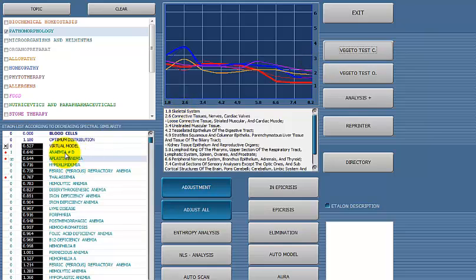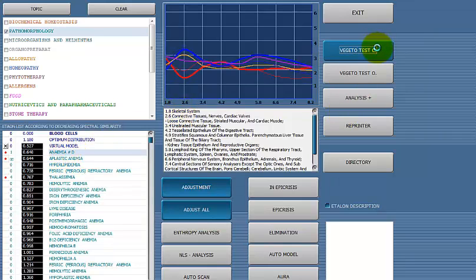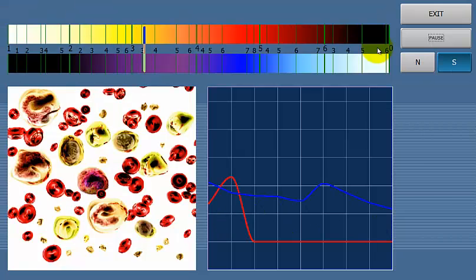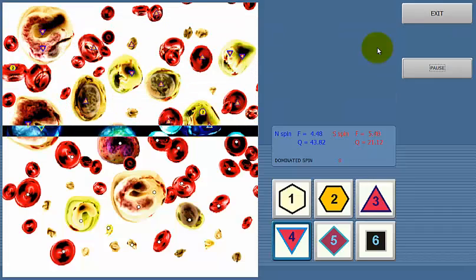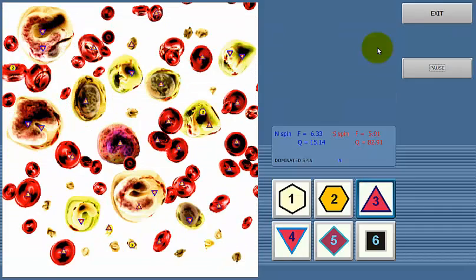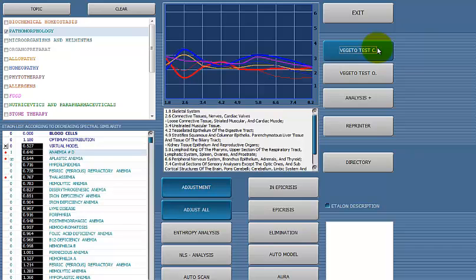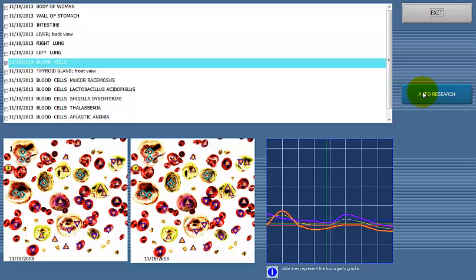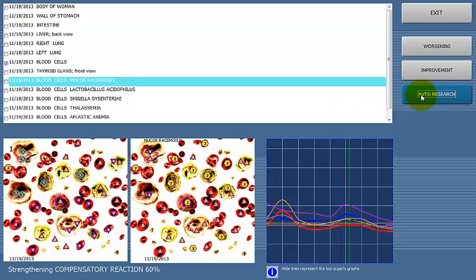And then one more. Okay, now to see the results, I'm going to go to Analysis Plus and then click either Auto Search until